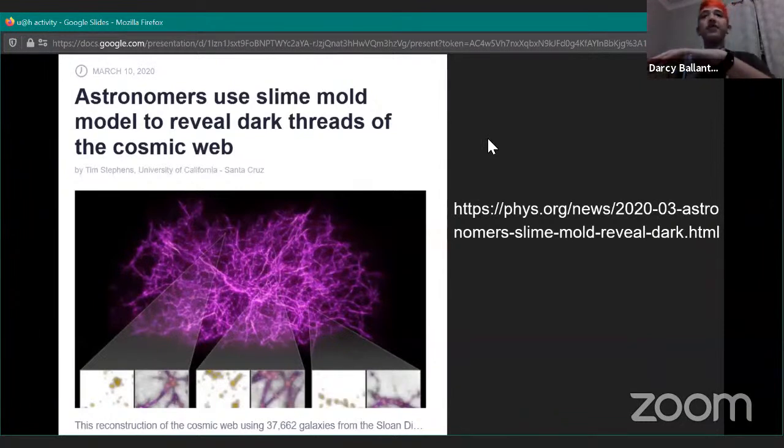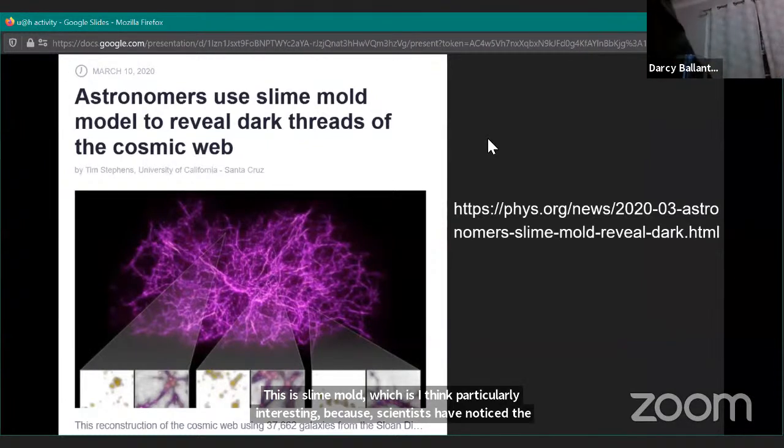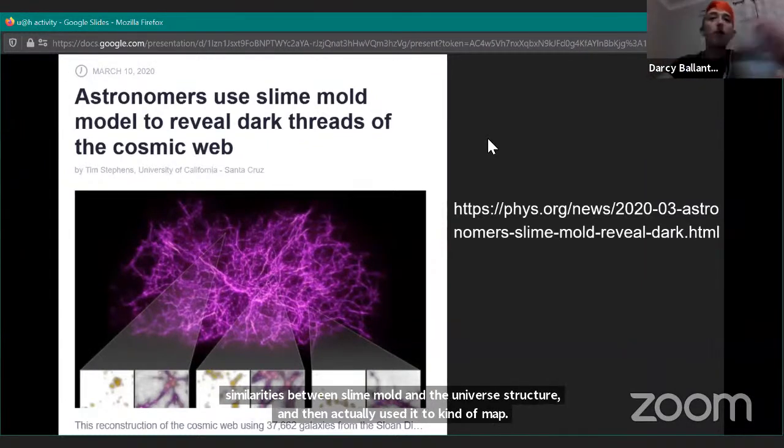So they actually used that. They published this a little earlier this year. They published earlier this year this article about using slime mold and an algorithm based on that to work out